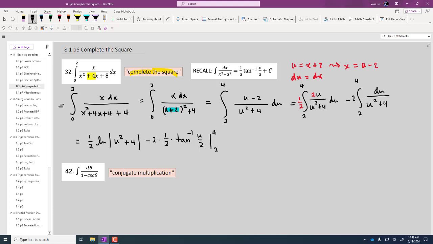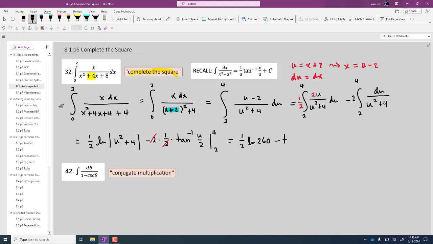So that evaluation is for everything. We can do this all at once. We see some cancellation right there. That makes life a little bit simpler. Those two will cancel out. So let's plug in the 4 across the board. That's going to be 4 to the 4, which is 256, plus 4 is 260. So we're going to have 1/2 natural log 260